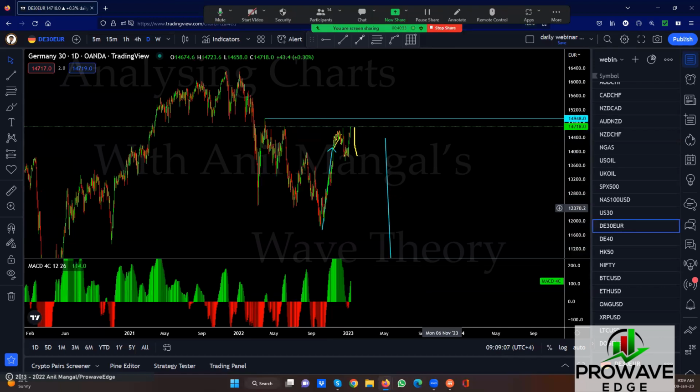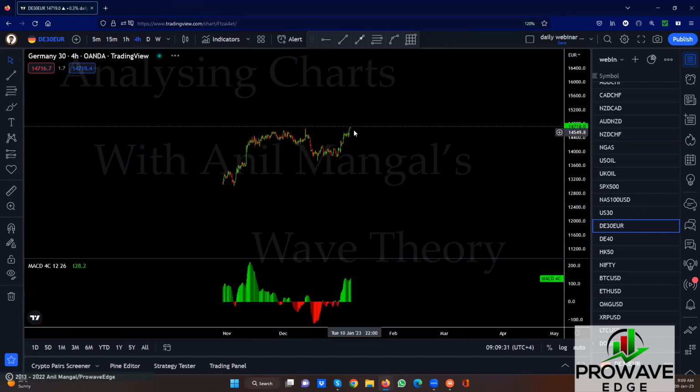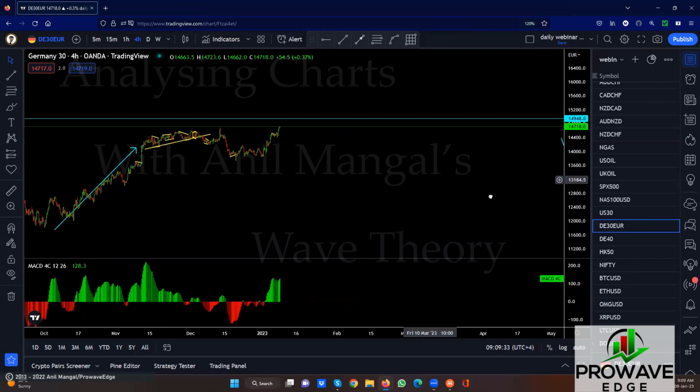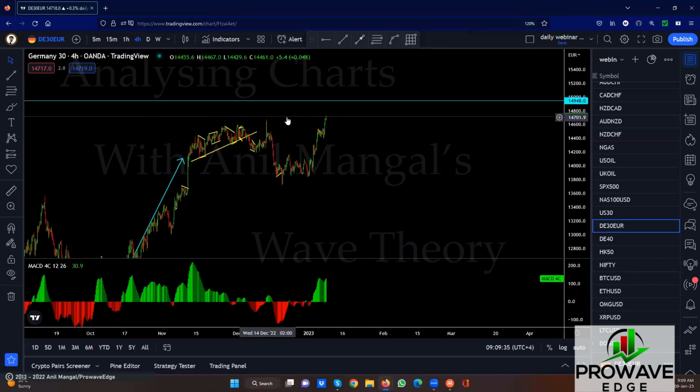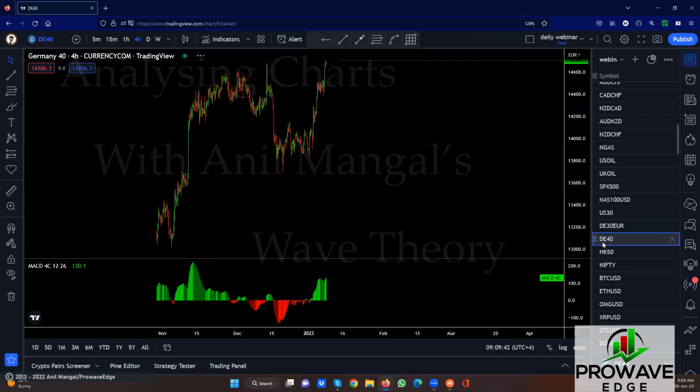It still has to come back, because you have one that's sharp. They will have to come back here, complete the flat, and then go. It always does. If you look at the amount of time they do that, they come back and then go. They pull back and then go. So you end up with these flats before they go. So unless we get a flat here, buying at the top is dangerous. Buying this at the top here would be very, very dangerous. So it broke the top, wait for it to come back here or see if we get a sell back to this level and then buy again. Just wait for that. Same here.